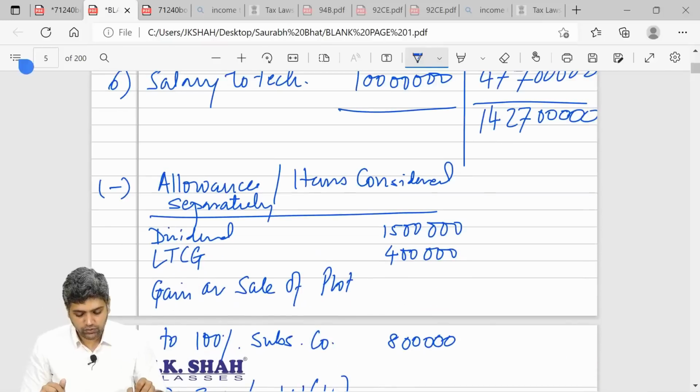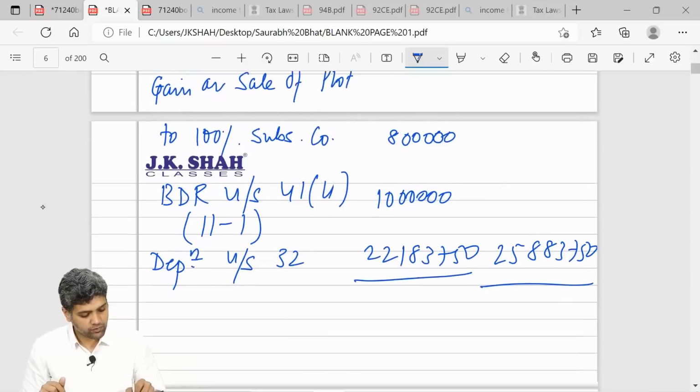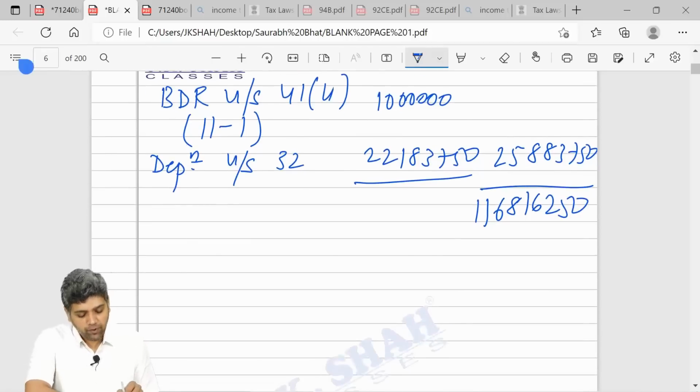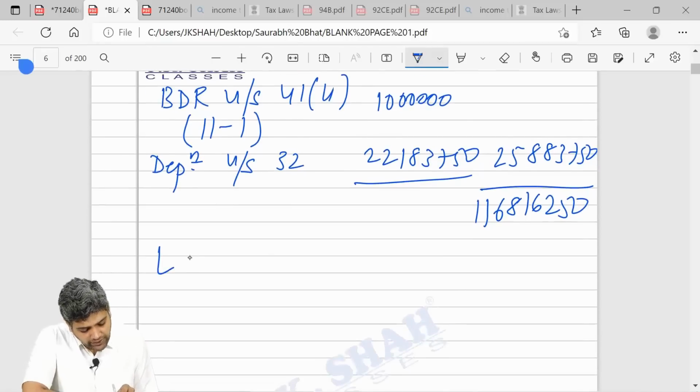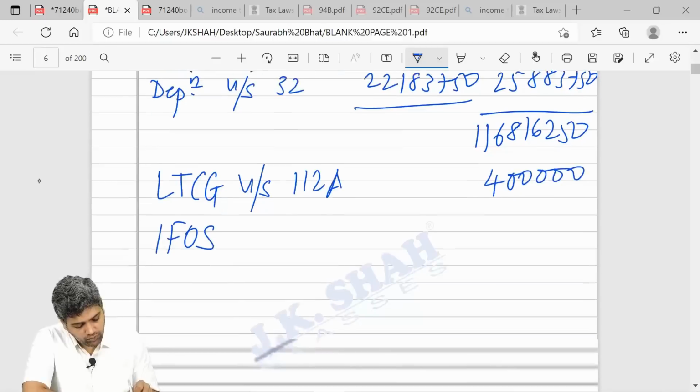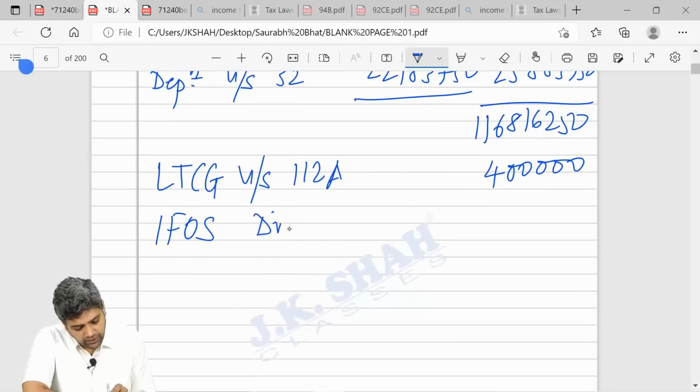When I reduce from 14 crore 27 lakhs, it comes to 11 crore 68 lakhs 16,250. Apart from that, I have capital gain, that is long term capital gain under section 112A on sale of listed shares of 4 lakh rupees, and income from other sources, that is dividend, I have 15 lakh rupees from